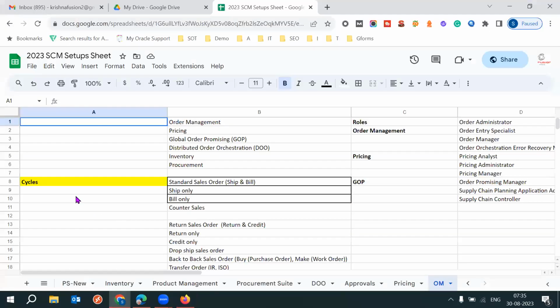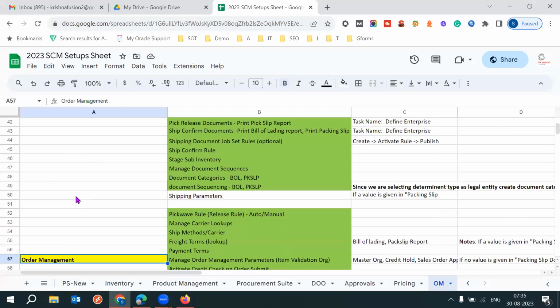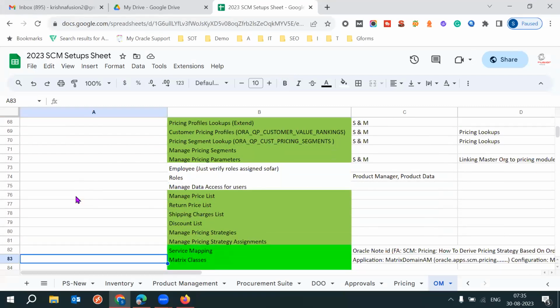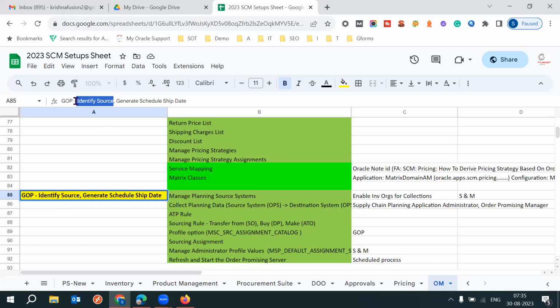So today I'll start with the GOP. The GOP module will help us identify from which organization we are shipping the product to the customer. Nothing but identifying the source. And it will help us generate the scheduled ship date also. The scheduled ship date will be automatically generated. Okay. So in case of Fusion,